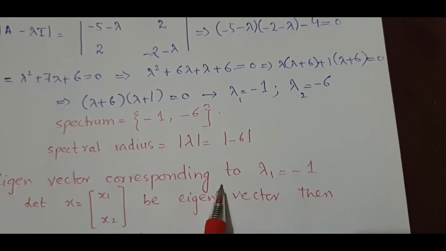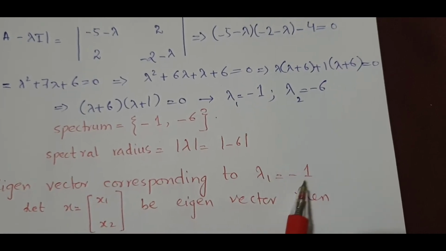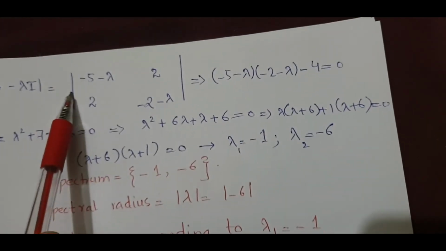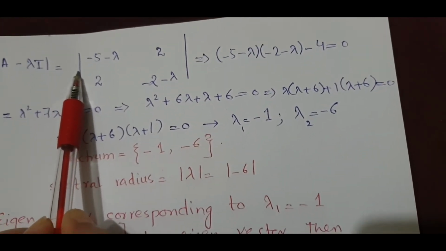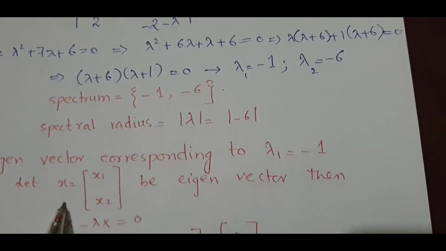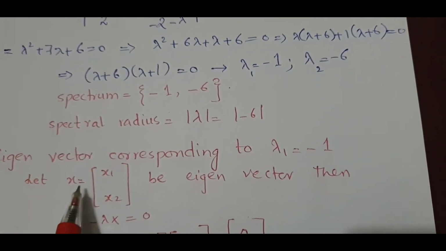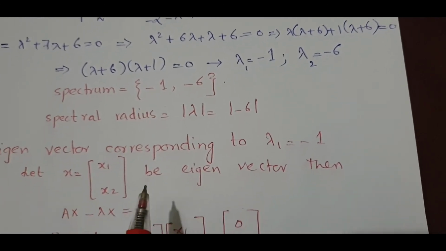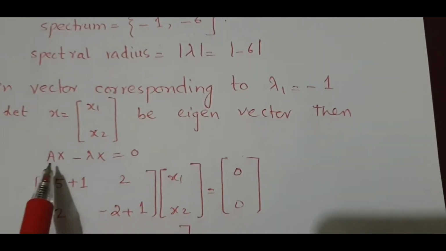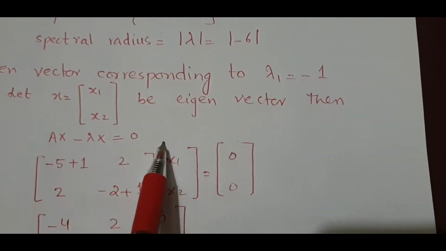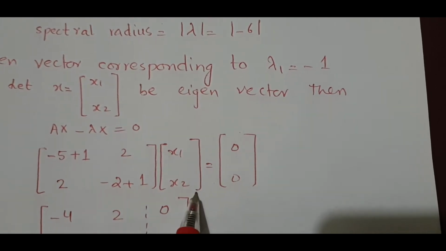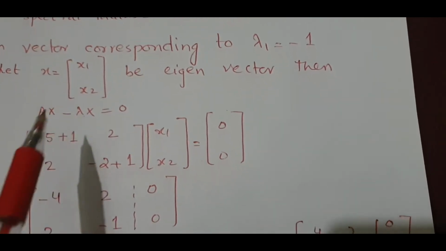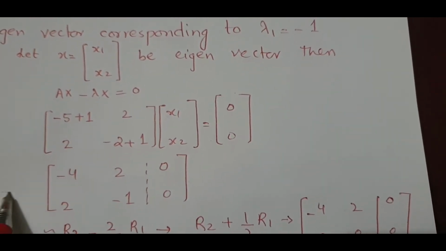The first eigenvalue, lambda 1, is equal to -1. So I will substitute this value in the given matrix, and then I will get my eigenvector corresponding to this. Let's suppose x = (x1, x2) is the eigenvector corresponding to lambda 1 = -1. From the equation Ax - lambda x = 0, I have written this format, simply substituting the value of lambda in the above expression,